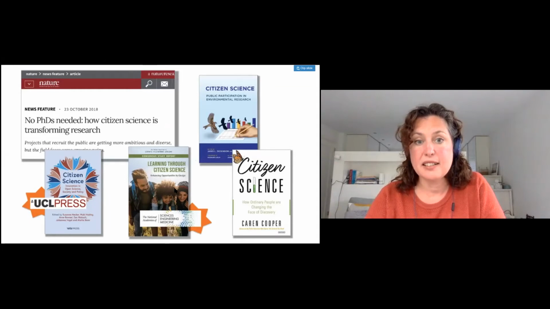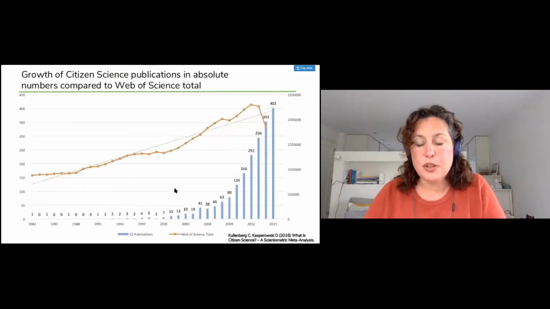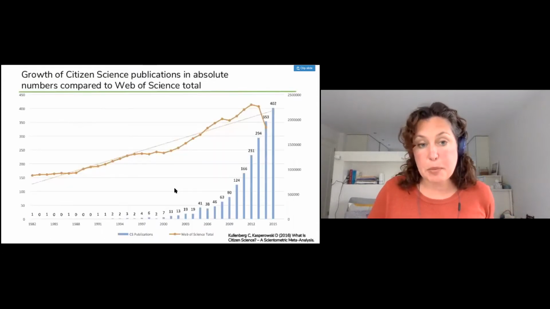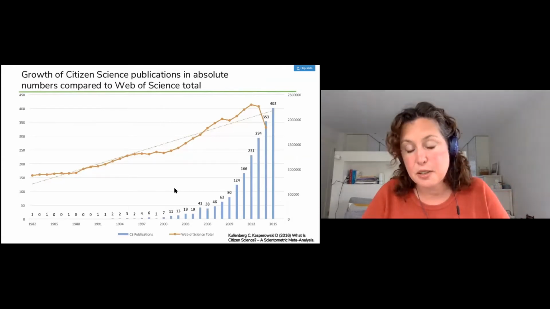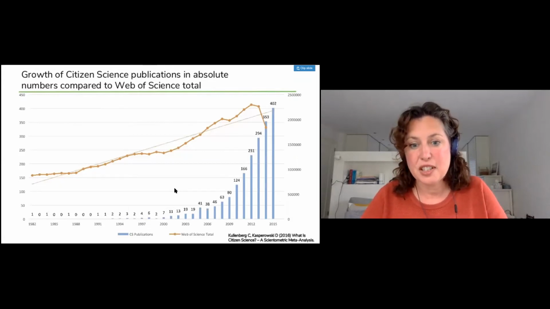There's some really excellent publications that are out there, some really excellent books that you can turn to find out a lot of aspects about citizen science. And if you look at scientific publications, either scientific knowledge that's coming out of citizen science approaches, or the science of citizen science, which is looking at the approach itself, you can see there's a huge amount of growth in publications relating to citizen science. So that's actually a really fantastic sign for the field as a whole about that approach across any realm of science.